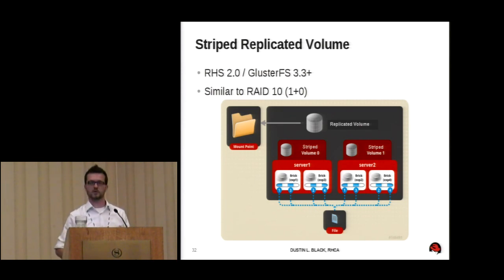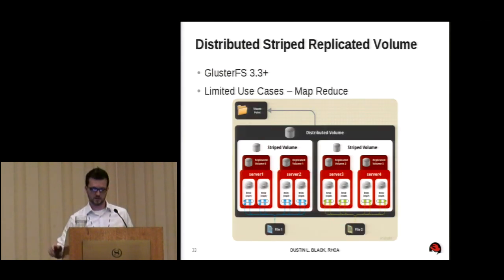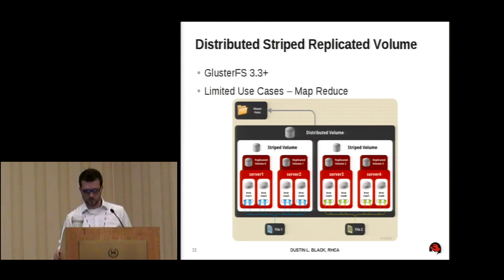So we've essentially told Gluster, here are your 4 bricks. Now do 2 stripes and 2 replicas, and because of that, it's not doing any distribution. There's nothing left over to distribute to. So now we can get into the pretty complicated scenario of stacking all of these pieces up, and we now have a distributed, striped, replicated volume.